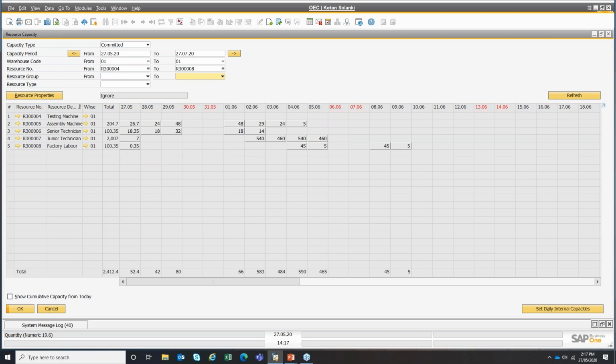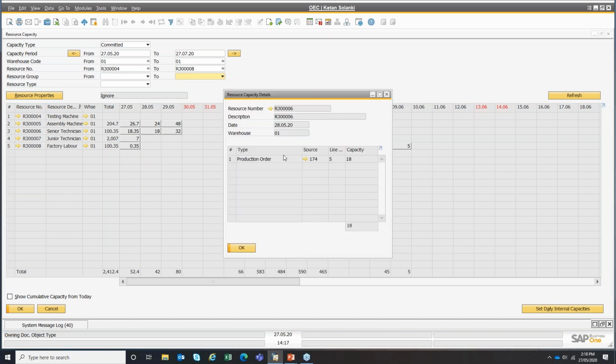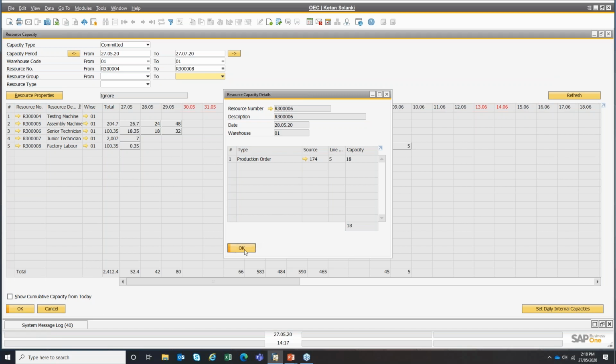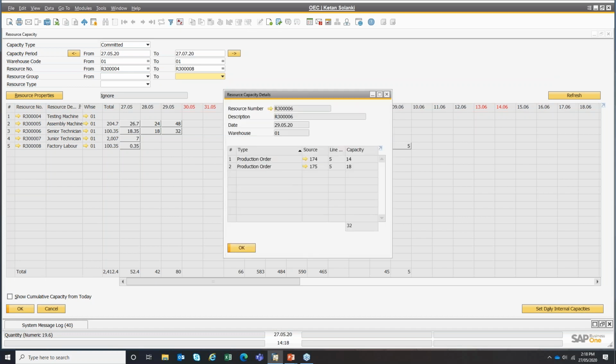If I click on that, what will happen is it will go in and show me what production order is contributing to that number. I can look at another one. I can see it's showing me 2 production orders. Now, you'll observe that my resource actually only has a capacity of 18 hours, but I've got 32 hours of work loaded onto that